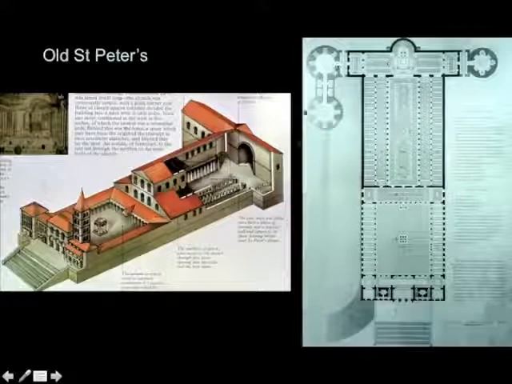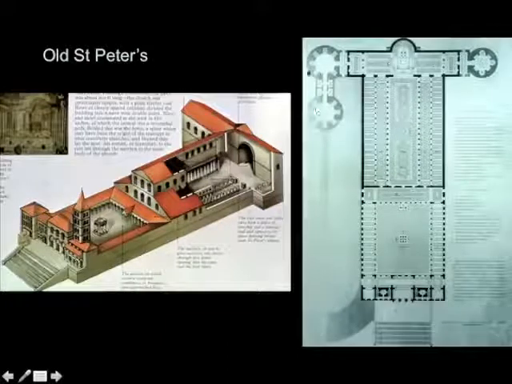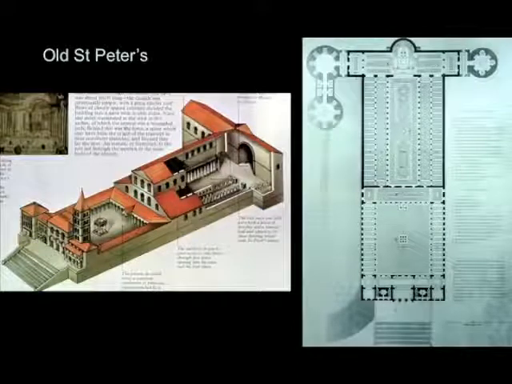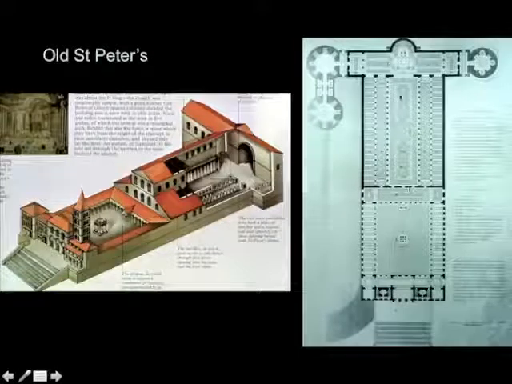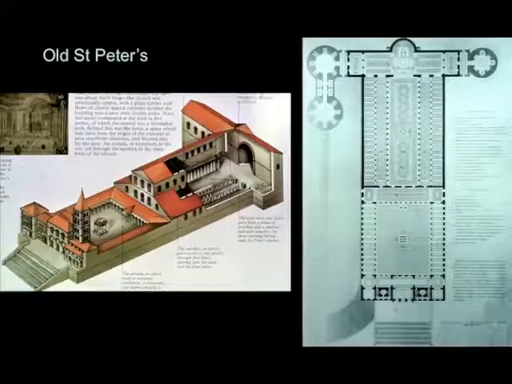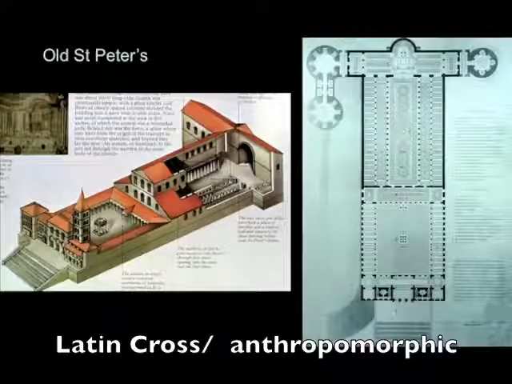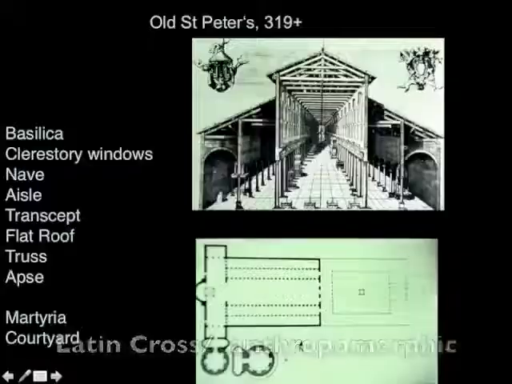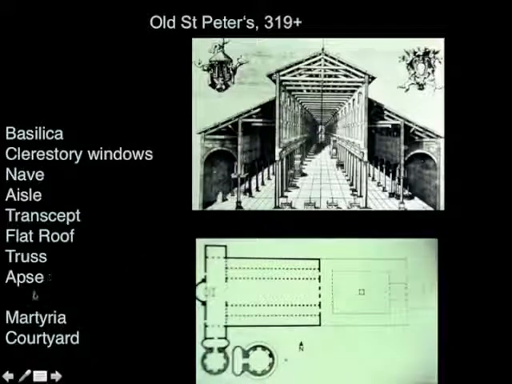Notice in plan, we have a number of martyria over here. So there is a varying of these holy figures near the church of St. Peter's. St. Peter himself is buried at the crossing of the transept and the nave. I think it's also worth saying that not only is the church a cross, and this kind of elongated cross plan is called a Latin cross, but the plan of the church is also anthropomorphic. You see this little bulging out over here, and that's called an apse. Yes, apse. This little bulging out is called an apse. Kind of looks like a head, arms, legs.